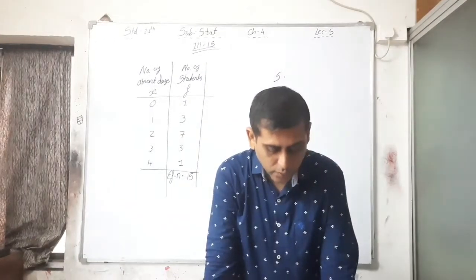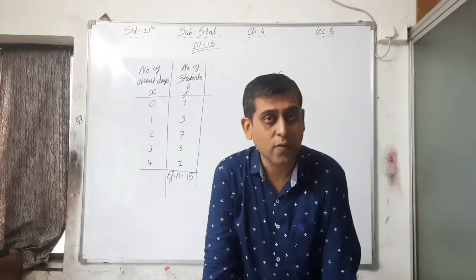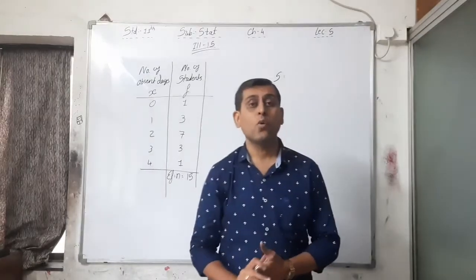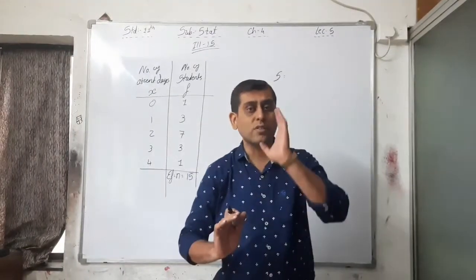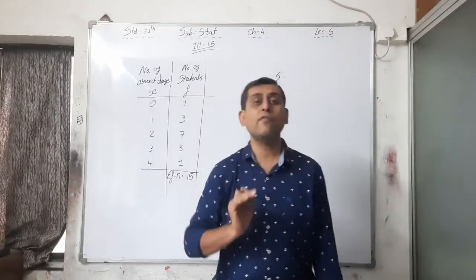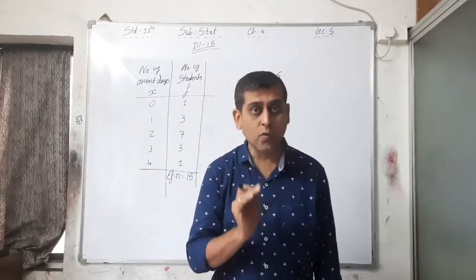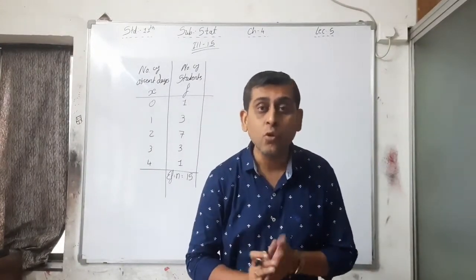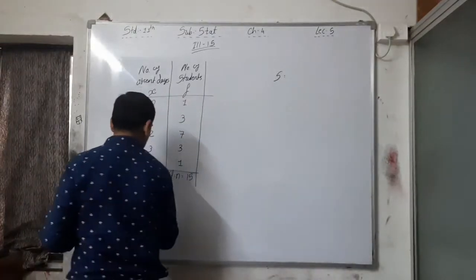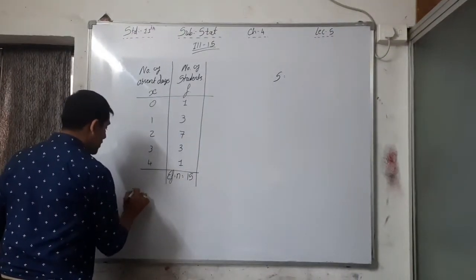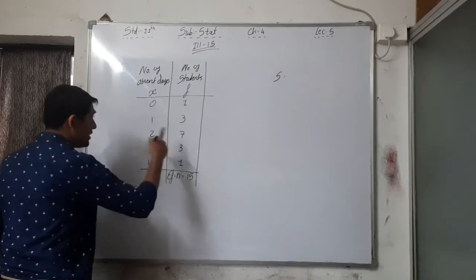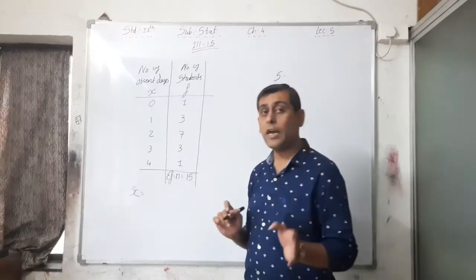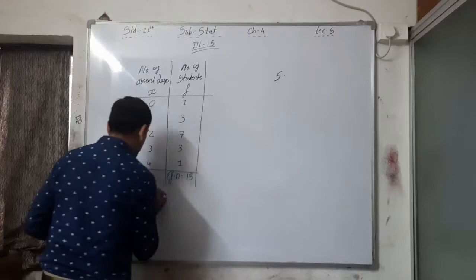Okay, so which type of data is this? First of all, this is a discrete group data. So whenever we have to find out the standard deviation, first of all we have to take x bar. We have to find out x bar, and then we decide which method we have to use. So here for standard deviation, x bar is equal to, again it is a discrete group data, and for that what is your x bar? Sigma fx upon n.